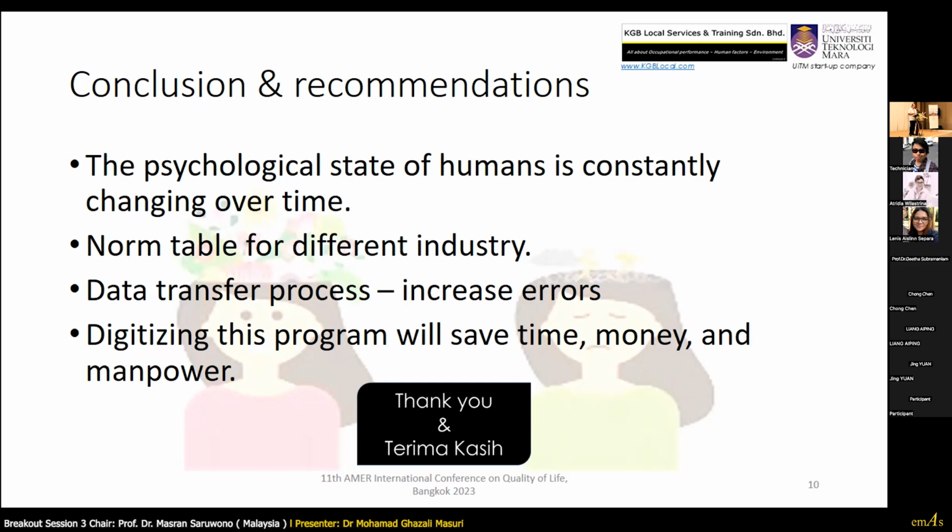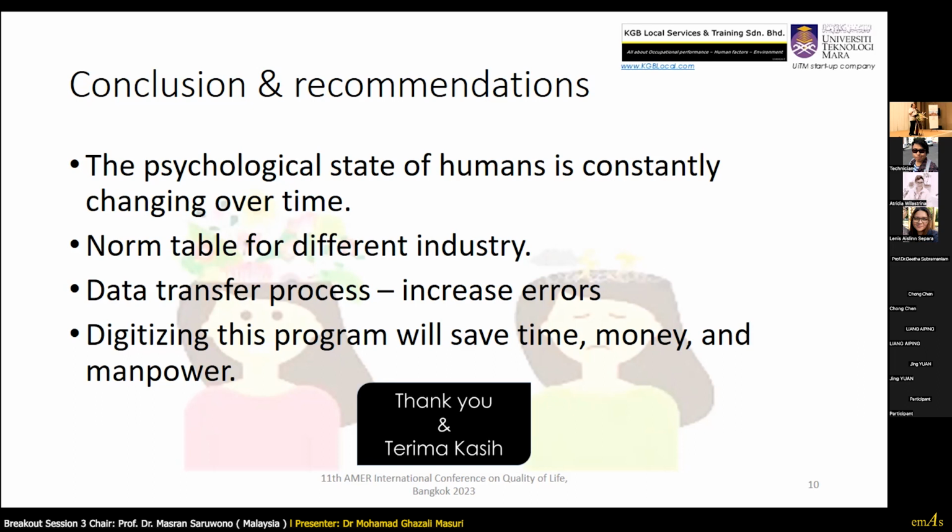Number 2, a norm table is required for different types of industry. And number 3, the data processing that we currently have is a manual transfer. We need to transfer from Excel into the calculator. So we are looking for collaborators as well as investors to develop an app, an application, so that it will automatically send the result to the respondent who answers the survey.